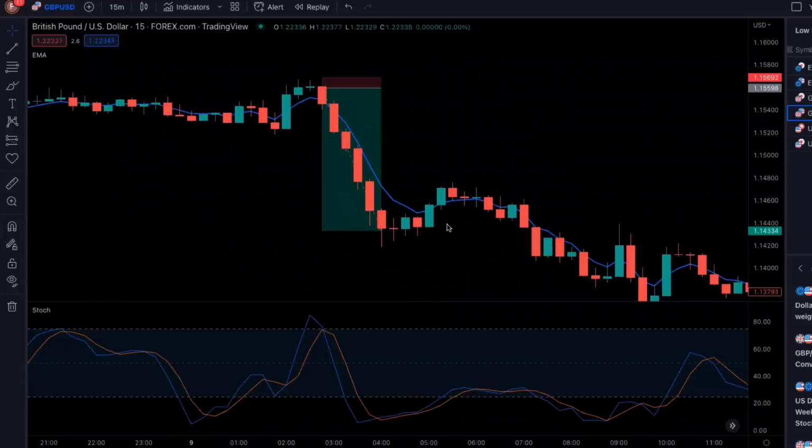And I am so excited to show you some of the best TradingView indicators that will help you make a lot of money in the next few years. A lot of people are getting rich using these TradingView indicators and the simple scalping trading strategy I'll show you in this video. Like this particular trade right here, it got a